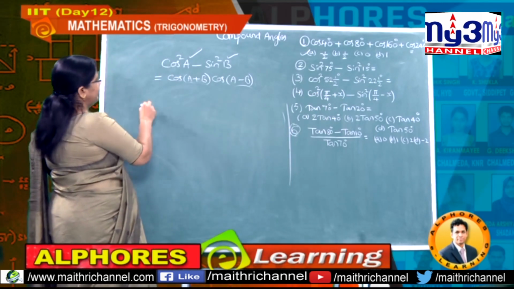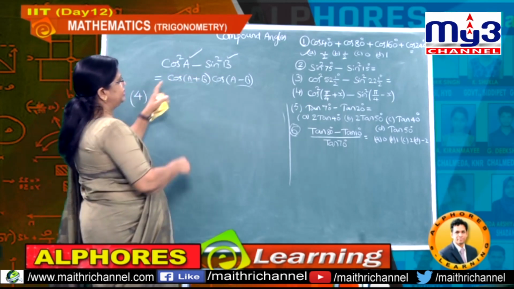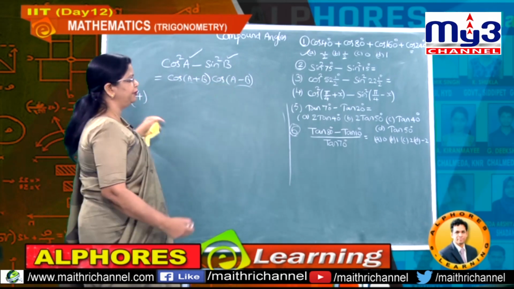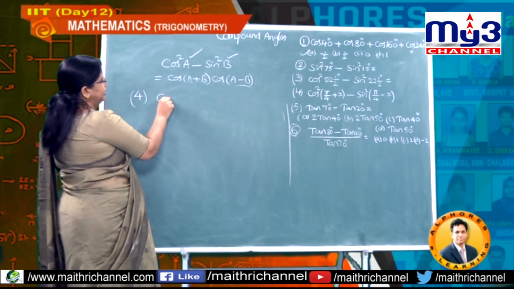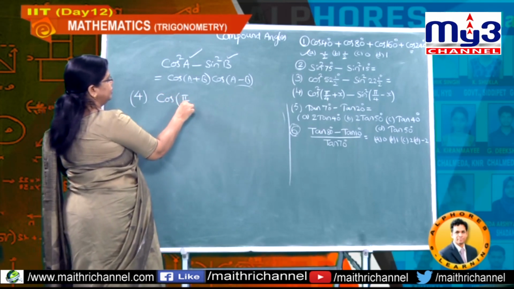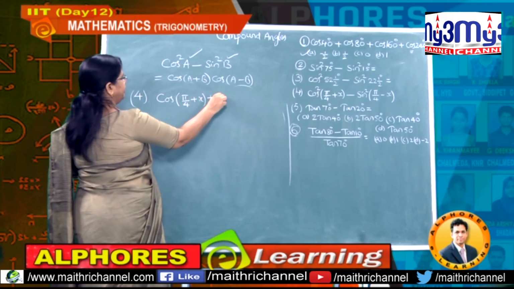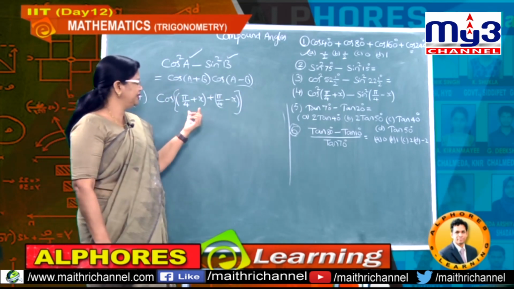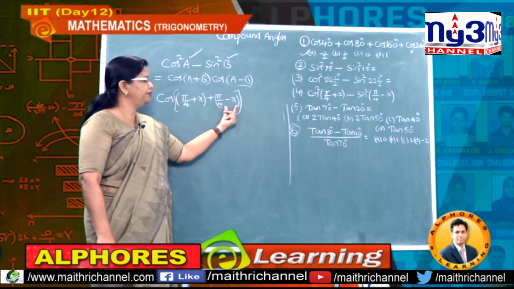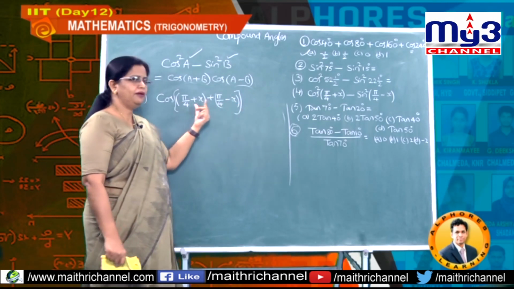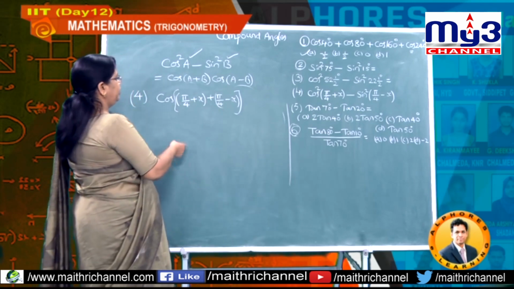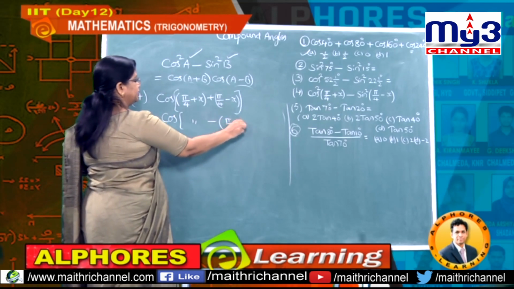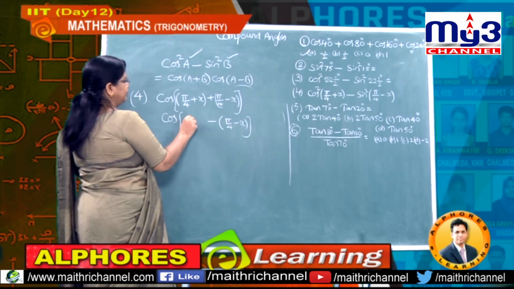So, if I do that fourth problem directly basing on this formula, instead of substituting x as 0, suppose I use this formula. It is cos of (A plus B), that is pi by 4 plus x plus pi by 4 minus x. Understand? So, in this way we wrote it, got it? So, this is pi by 4 plus x, A, and pi by 4 minus x, that is B. So, cos of (A plus B), and the next value into cos of how much? Same terms, but what is the symbol here? Minus. So, this is the formula we applied from above.